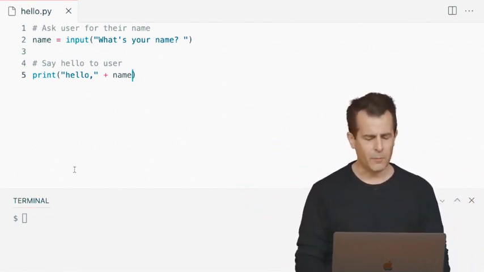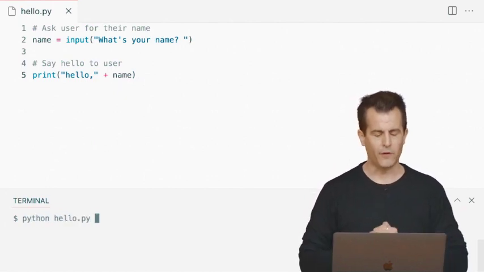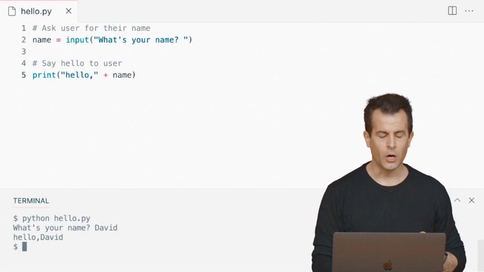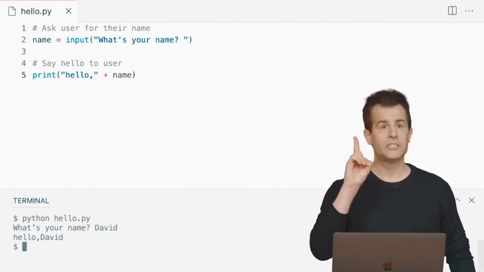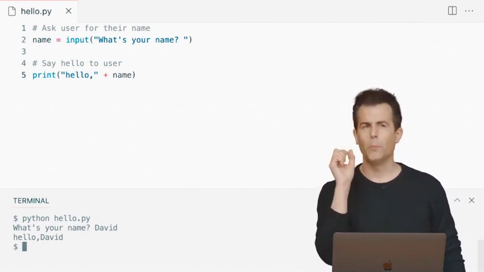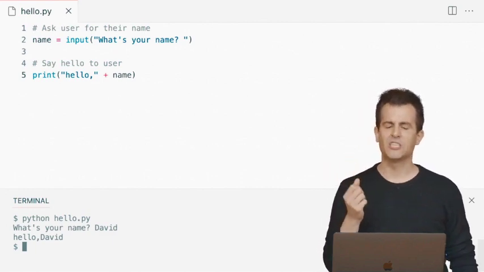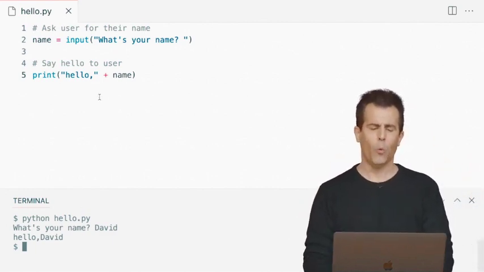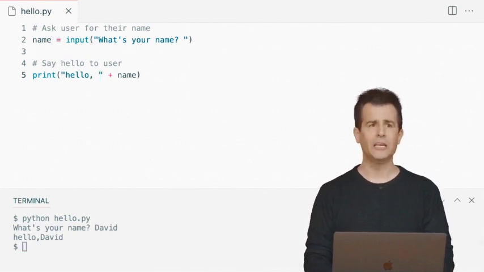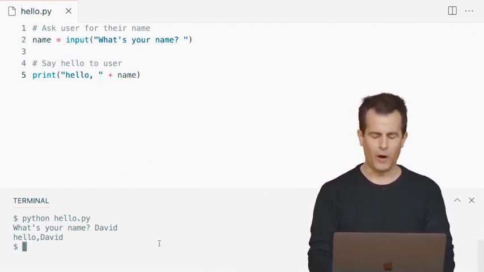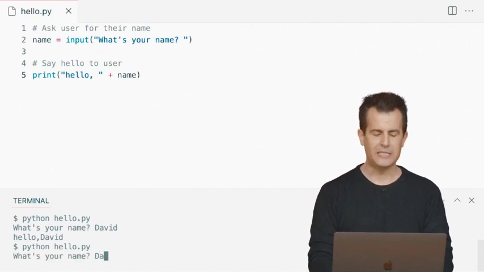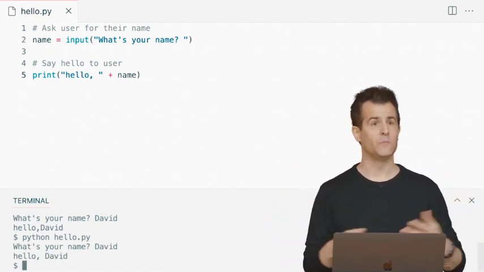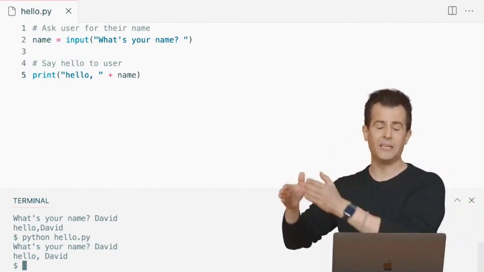Well, let me go now down to my terminal window and run Python of hello.py again. Enter. What's your name? I'm going to type in David. Enter. OK, it's better. It's better, but there's a minor bug, albeit aesthetic here. There's missing space, but let's just use some intuition here. Well, if I'm missing the space after the comma, why don't I go ahead and just add it manually here? Let me now rerun the program, Python of hello.py, enter, David, enter, and there we go. Now we have something that looks a little prettier in terms of English grammar, hello, comma, space, David.